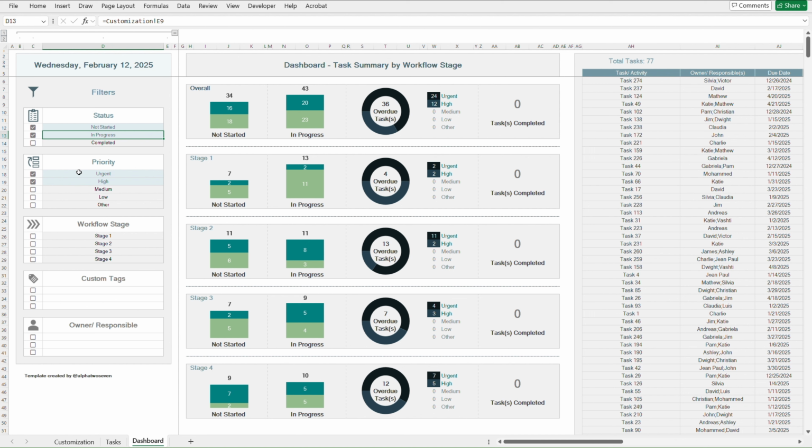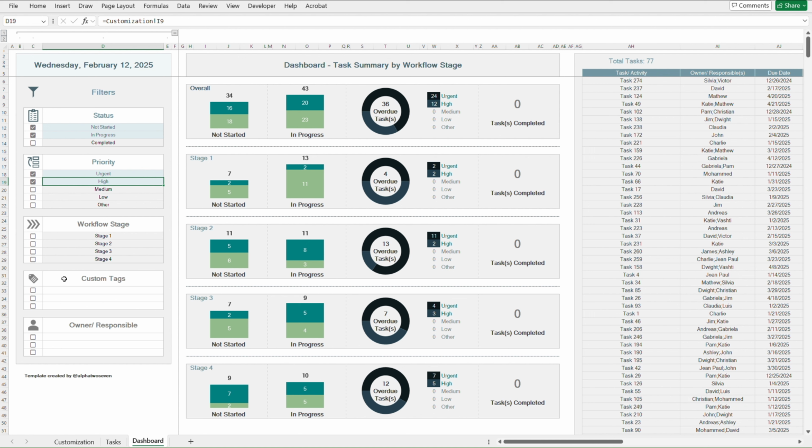As you saw, as soon as a filter is activated by clicking on the corresponding checkbox, it will be highlighted in blue, and the section will also be activated. Activating all filters within a section will ultimately have the same effect as selecting no filter at all, given the OR logic. Now, for the custom tags and owners, here at the bottom, you first need to select a value